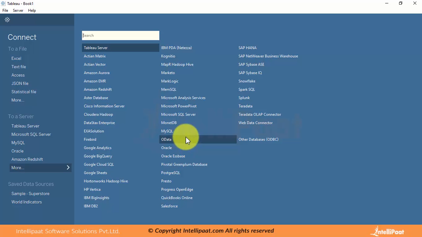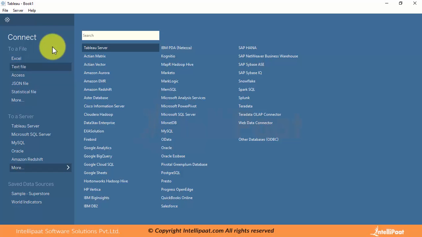With respect to web, they have introduced web authoring, and we can develop dashboards from scratch on the web using Tableau 10. Also, we can publish workbooks in Tableau 10 through the web, and it is possible to see the revision history in Tableau 10. And with respect to the services, they have introduced some new enterprise features. If there is a failure in the extract, you would get an email alert. This feature is not available in the earlier versions. So like that, Tableau has introduced so many concepts with respect to Tableau 10.